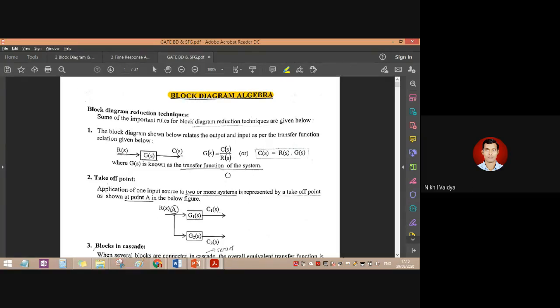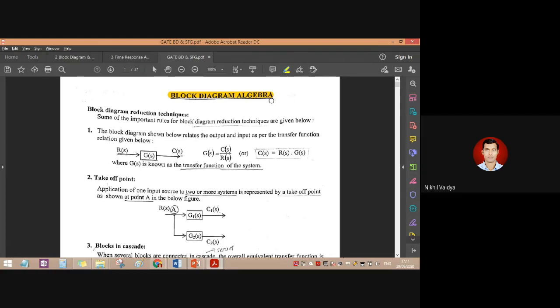Now based on the block diagram, if block diagram is given, how to derive a transfer function from it, or if transfer function is given, how to draw the block diagram of that transfer function which represents a control system. Similarly, there is a term called signal flow graph. Now that graph is drawn with the help of signals which flow in one particular direction, and that direction indicates what will be the equation to be formed, and there is one formula called Mason's gain formula by which we derive the transfer function from the signal flow graph. Okay, so now we will see one by one.